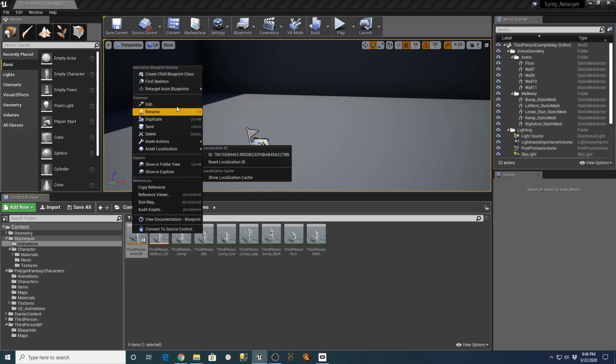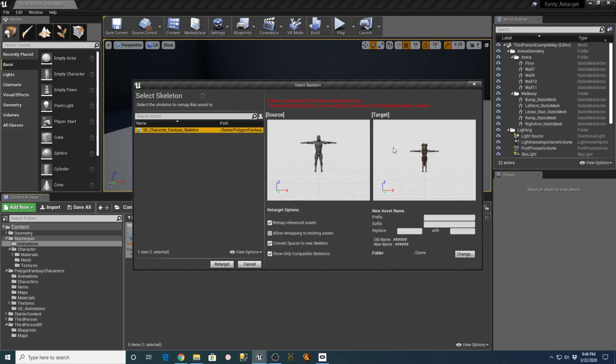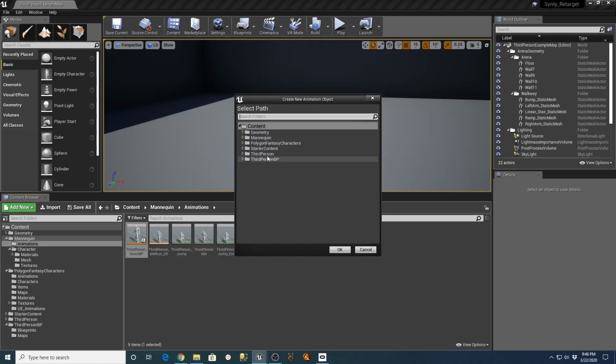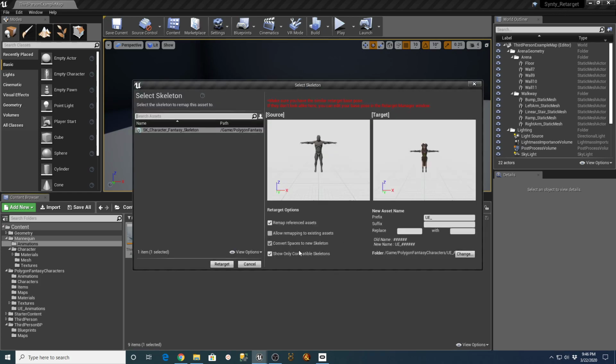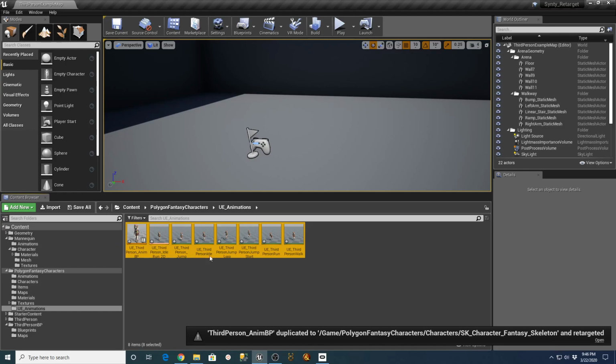Right click on it and say retarget anim blueprint onto that skeleton. And we'll prefix everything with UE underscore. And we'll stick it in Polygon Fantasy UE animations and hit OK and retarget. And what that should do is bring everything over.